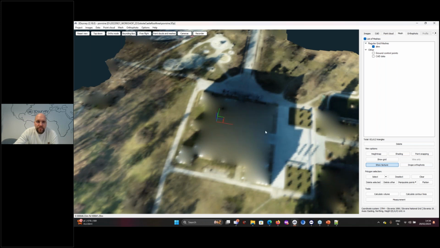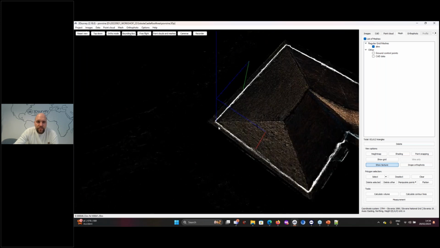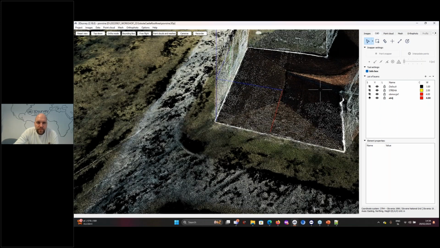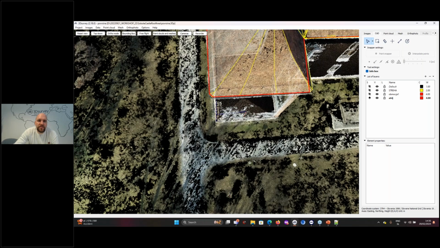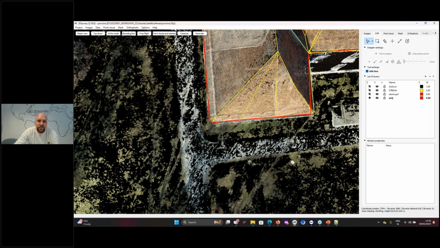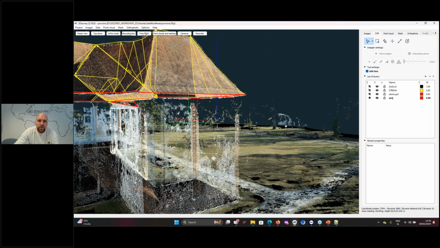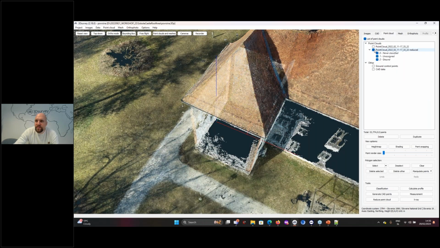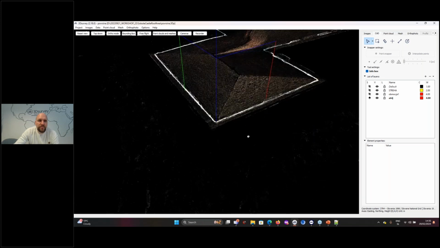The purpose here is to extract the outline of this building. You can see here in X-ray, the wall is in white, and we can actually see it very well where it comes through the roof, because otherwise on the orthophoto, you see the roof goes over the wall, so we would not be able to see where the wall is. So I will now go into point cloud, temporarily disable the point cloud and go into CAD. Now I will double right-click here to zoom in on this location.